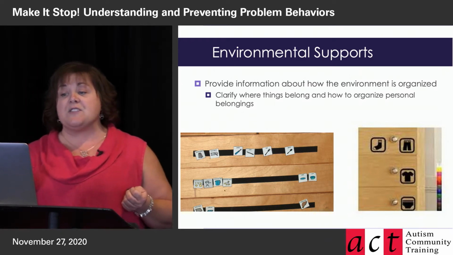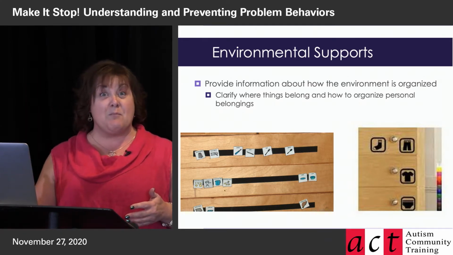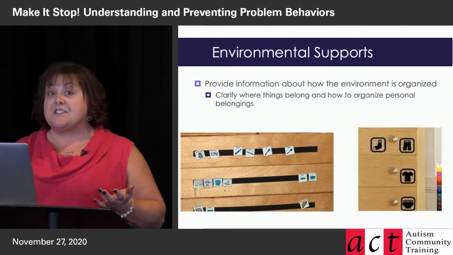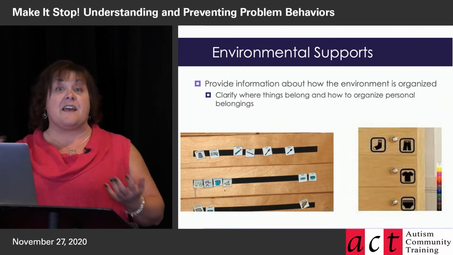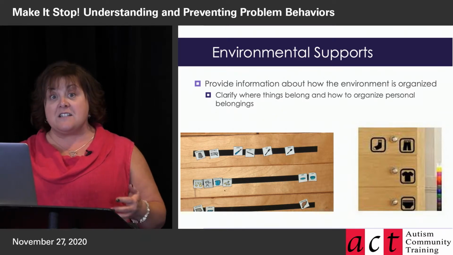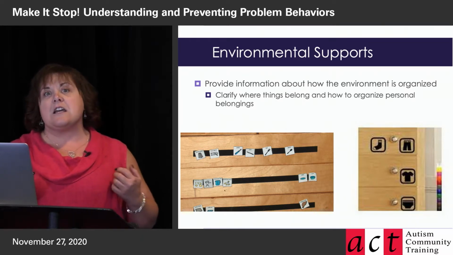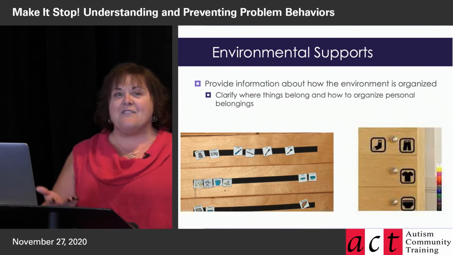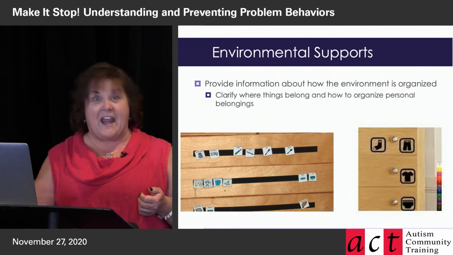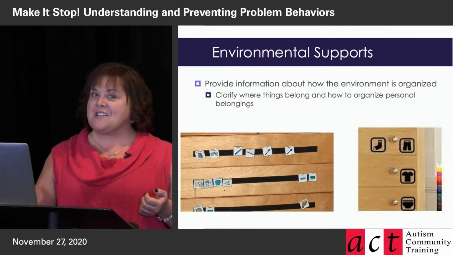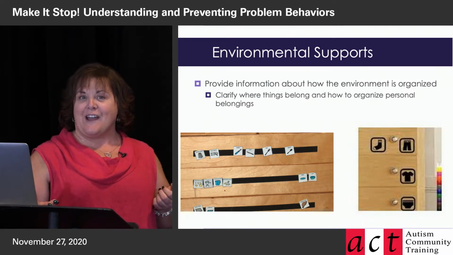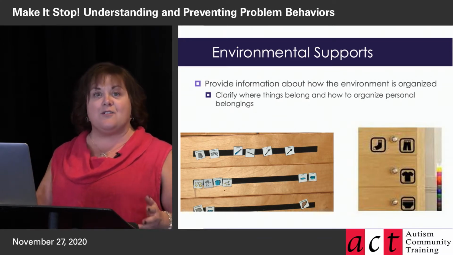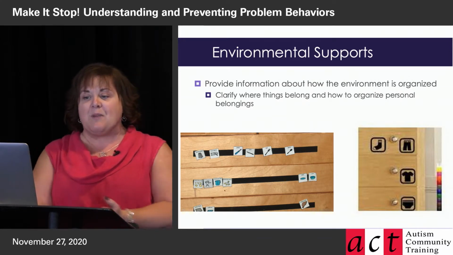And so you see there's an example of clothing symbols that are put on a dresser drawer. So this could be used to help a child learning to get themselves dressed in the morning and find their own clothing items. It could also be a child who's learning to put away his own laundry. So if you want to stop having to put away everybody's laundry in the house, start teaching your child to put away his own laundry. It's a good life skill. And the images on the drawers can cue the person as to where things belong.